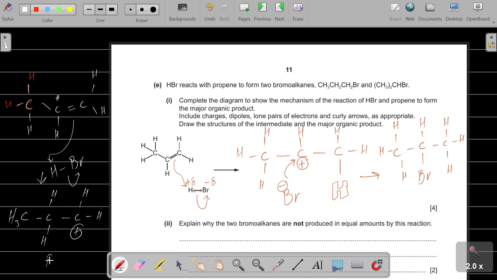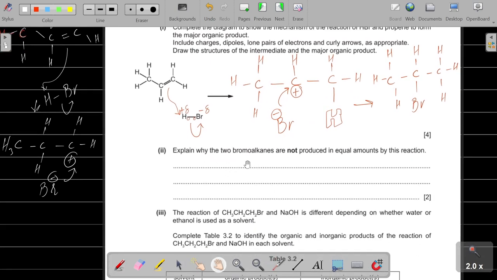So Br negative will attack over here and you will get the product. So it is the primary carbocation, it is your minor product. Here we have this secondary carbocation, so it is your major product. It's more stable. Secondary carbocation is more stable than primary. Why are the two bromoalkanes not produced in equal amounts by this reaction? Because in reaction 1, secondary carbocation is more stable,